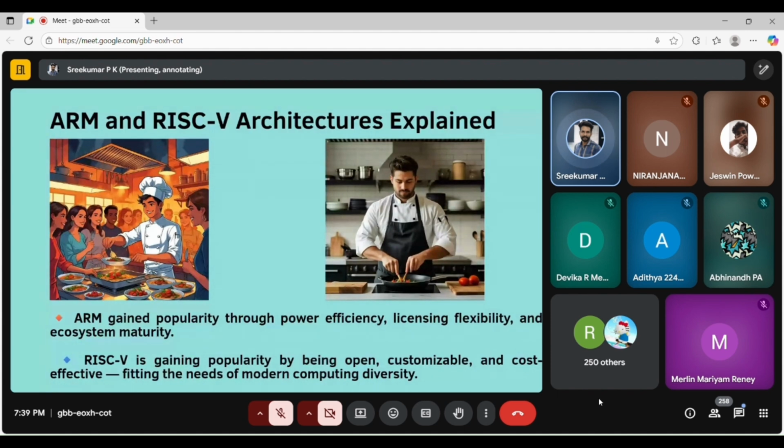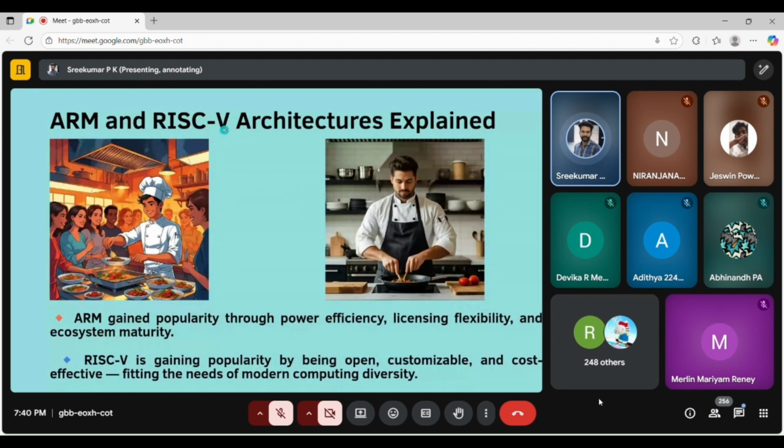So there are so many microcontroller vendors available in the market. They all buy the CPU architecture from them, and they will accumulate all other peripherals, like I2C, SPI, UART, CAN, LIN, and some other memories. They incorporate all of it together with the ARM CPU, and they will manufacture the microcontroller.